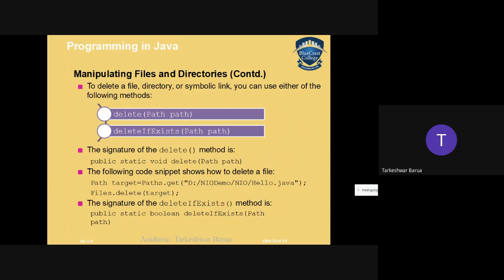To delete a file, directory, or symbolic link, you can use this code. Files.delete and Files.deleteIfExists. The signature goes like this: get that file and delete that file. Finish. You can delete that particular file.